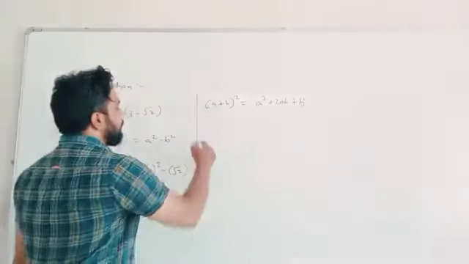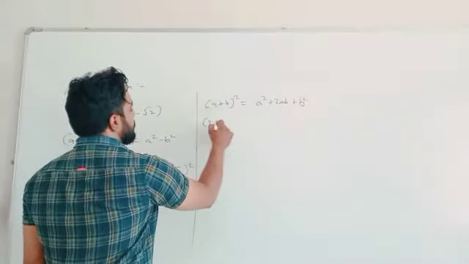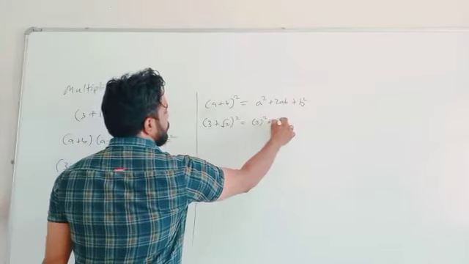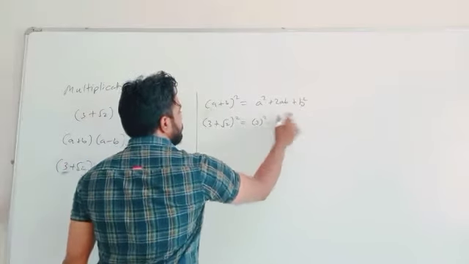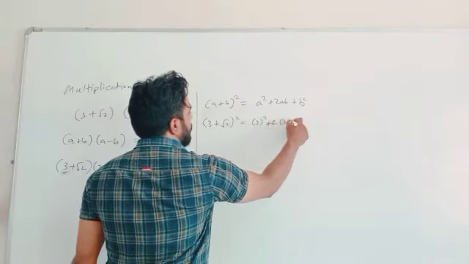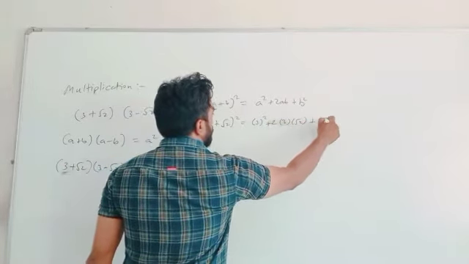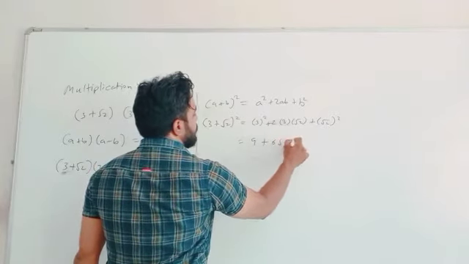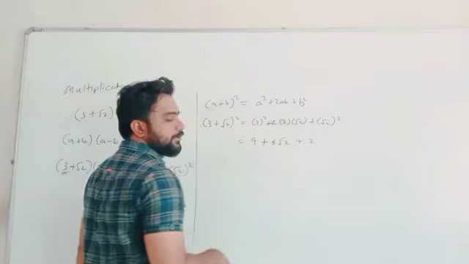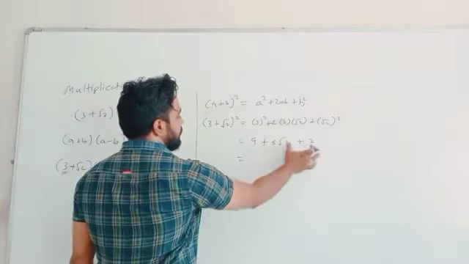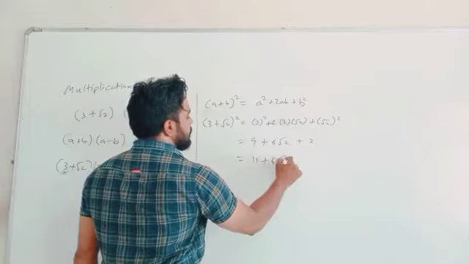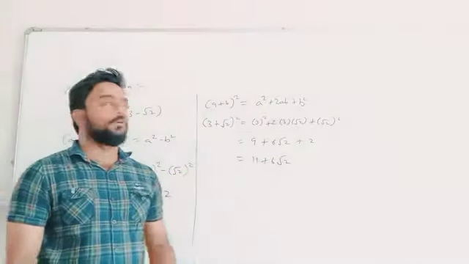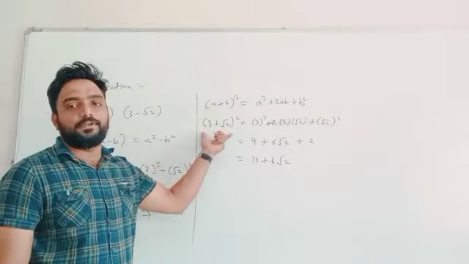Suppose the number given to you is the same, 3 plus root 2 whole square. So you have to write 3 square plus 2 into 3 into root 2 plus root 2 square. So that will give 9 plus 2 3s are 6 root 2 plus 2 square, that is equal to how much? 2. So that is equal to 9 plus 2, that is 11 plus 6 root 2. So in this way, if a number is given to you and you have to find the square of this type of irrational number,